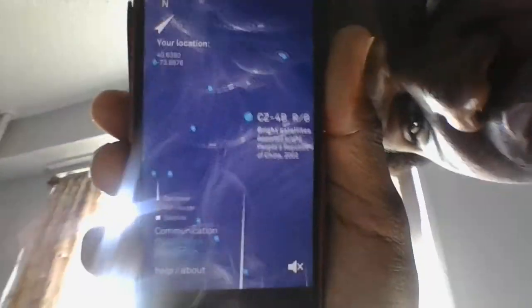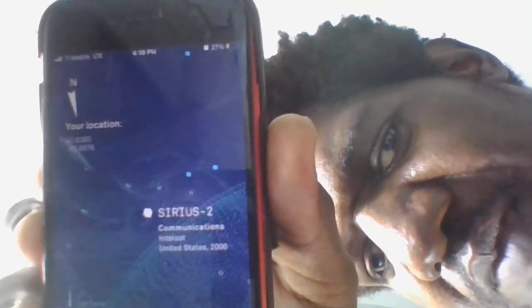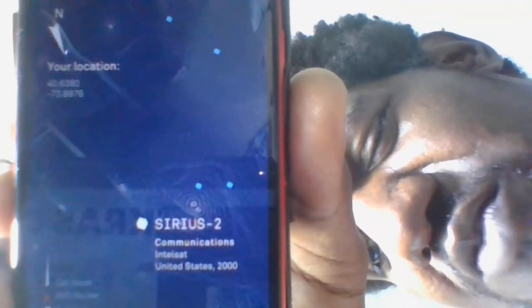Okay. Let me see if this will work. Okay, you can see it. So, see this flip. Yeah, I was taking a video from my laptop because I was trying to let my phone charge. So yeah, the angle from where I'm getting most of the energy is coming from. So that's Sirius 2. That satellite is supposed to be in a junkyard orbit. I don't know if it is, but